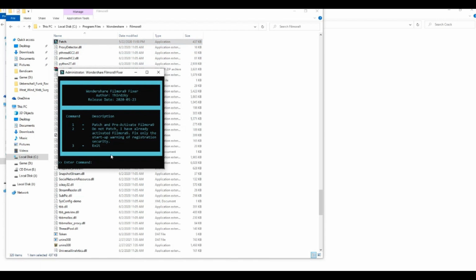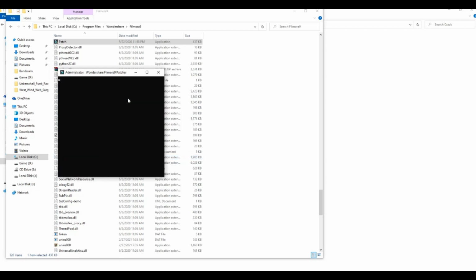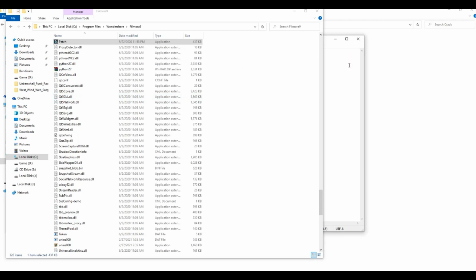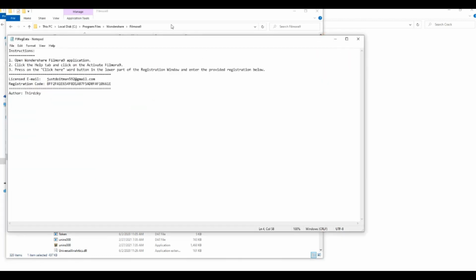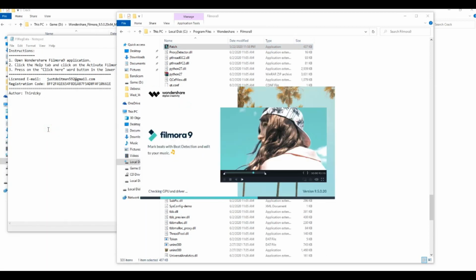Now this pop-up window will appear. Click any button, I clicked one, and then as you continue, you will get this email and this password. Then this password can be used inside that Filmora. When you open this and click on the help button, then you will see the option of activate. So just